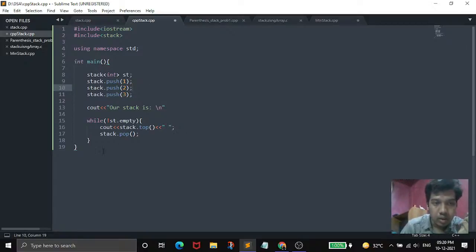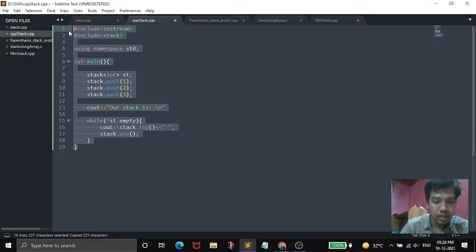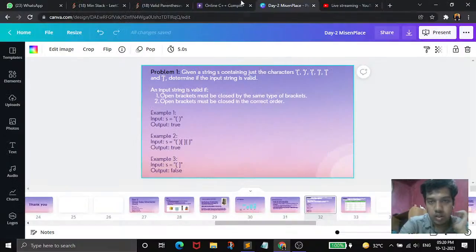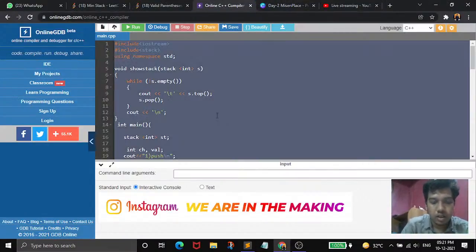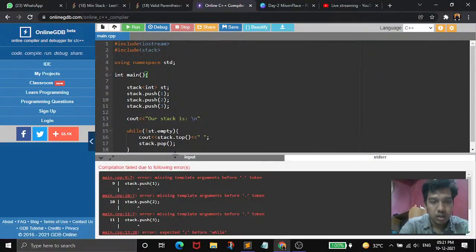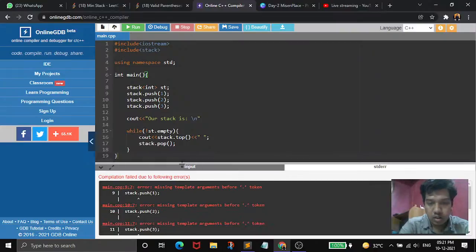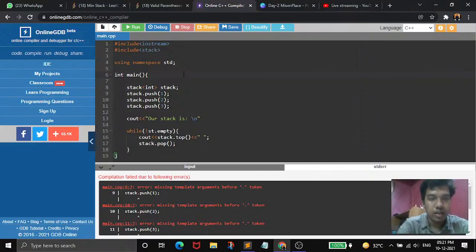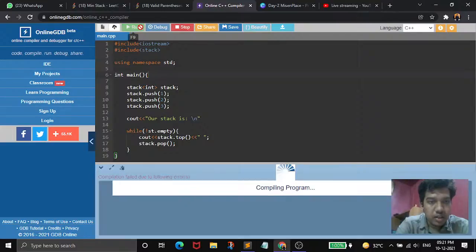Okay, so now let's test whether this is working on the online compiler. Okay, so I have written stack.push everywhere, but my name is st, so I have to change the stack. Okay, rest all things are fine.